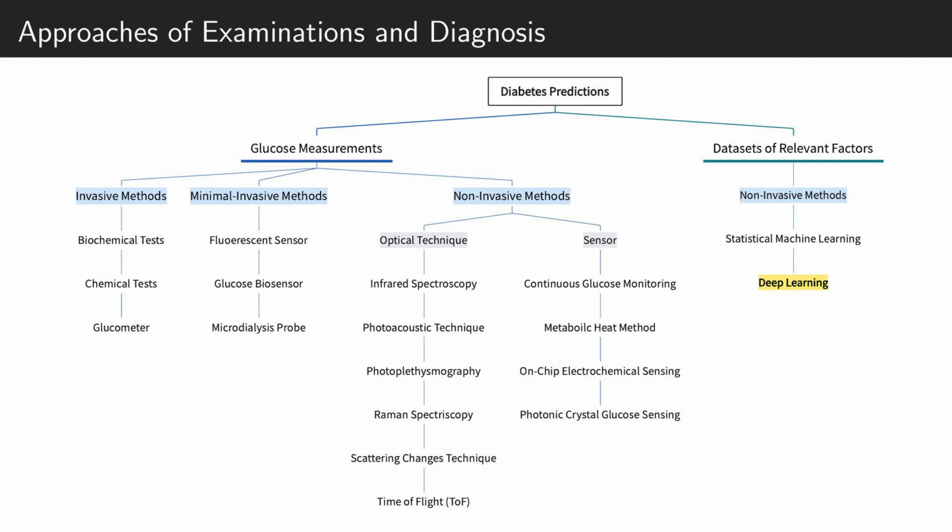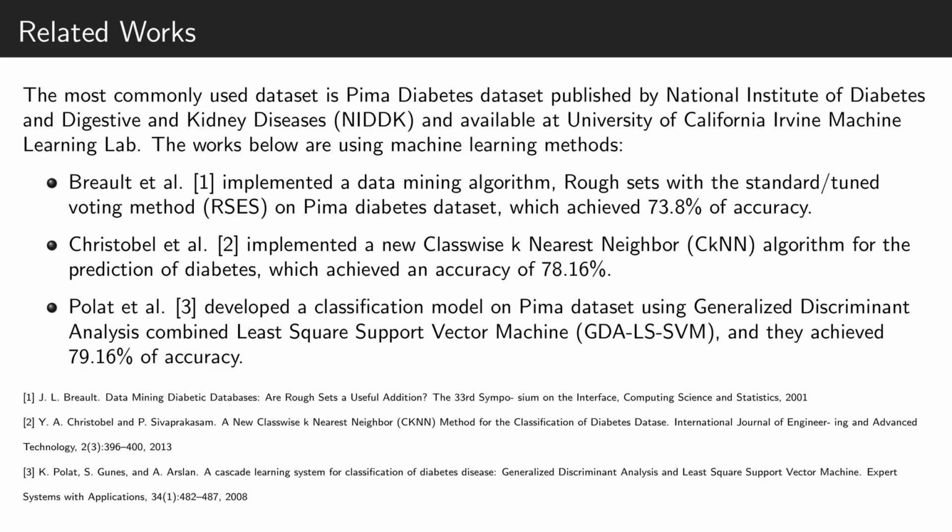In comparison, machine learning and deep learning-based diabetes diagnosis gather data from real-world datasets, which does not require special instruments and has the advantages of low cost and high efficiency. Some machine learning methods have been proposed for diabetes prediction and achieved some encouraging progress with some datasets such as